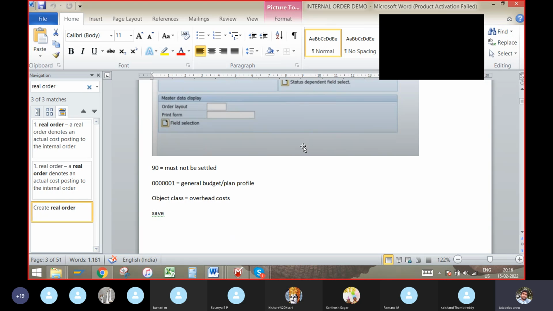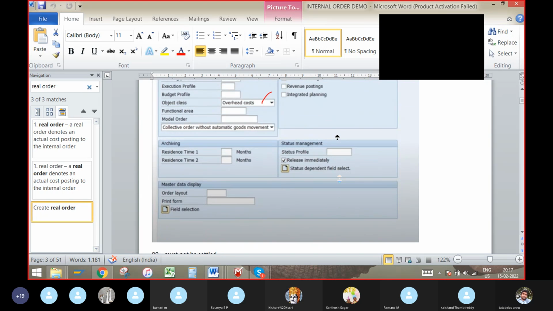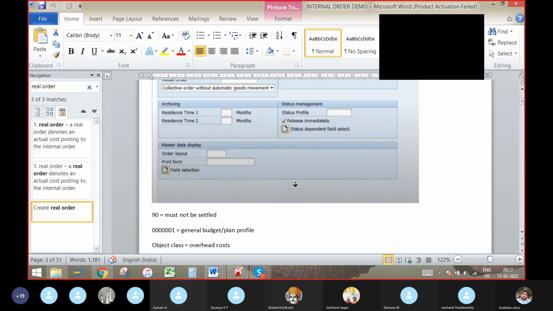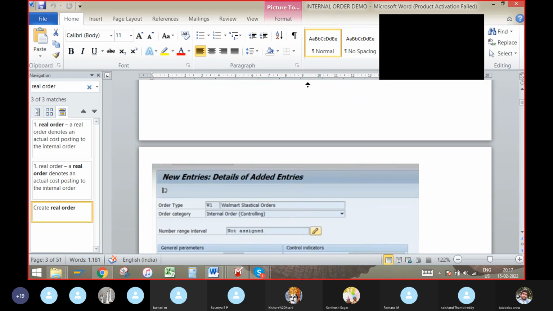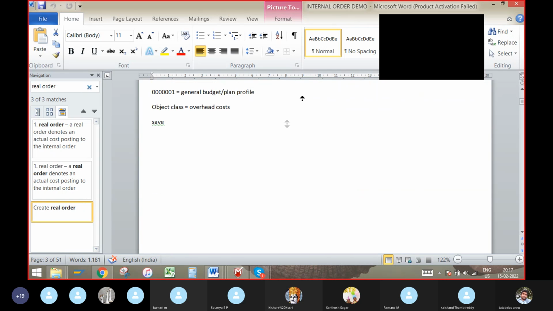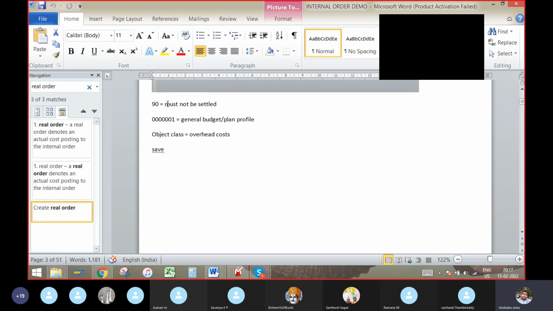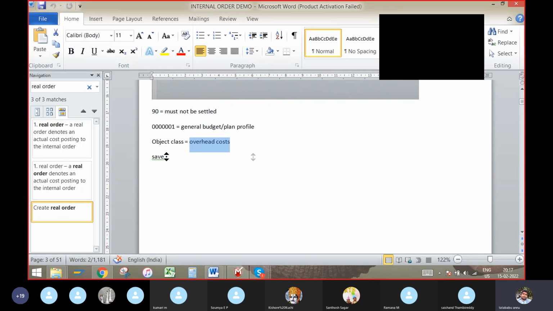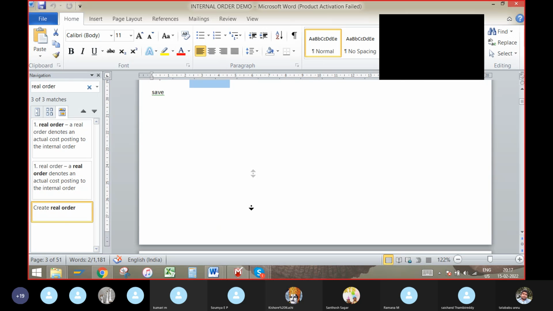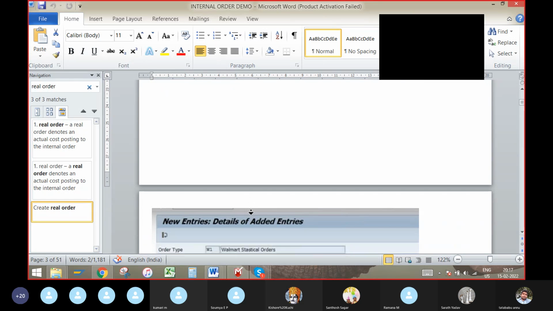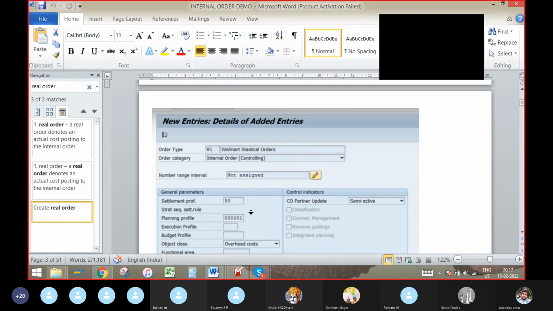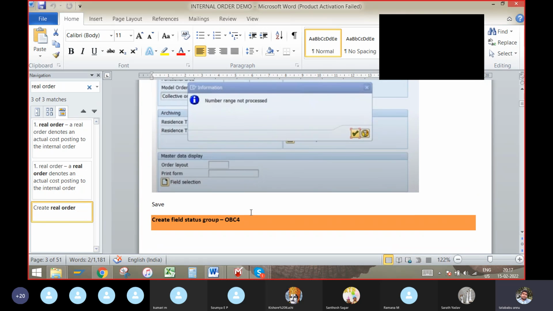Here in the above picture, for 90, must not be settled, and general budget plan profile, object class is equal to overhead class. After that, we can save that order type. When you go for save